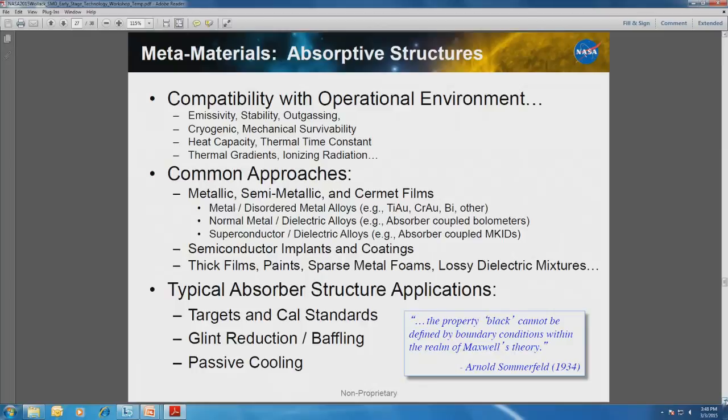Okay. So one last thing I want to talk about is the use of metamaterials and absorptive structures. If you're going to build an absorber, it needs to be compatible with what you're going to do. It has to have the right heat capacity and electrical properties so it actually absorbs light. And as you go over that band I showed you at the beginning, from 10 centimeters to 20 microns, which is probably the range I had highlighted in green,